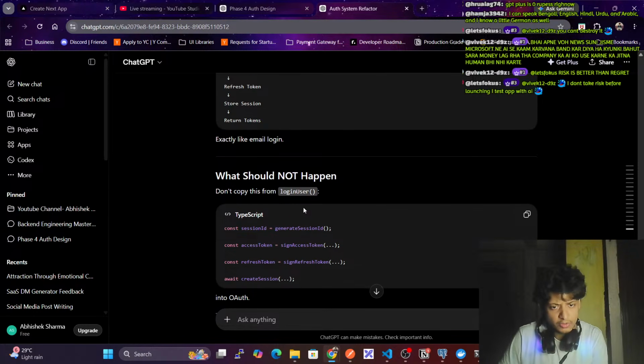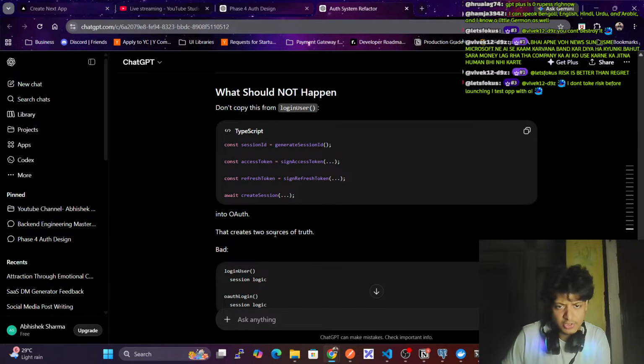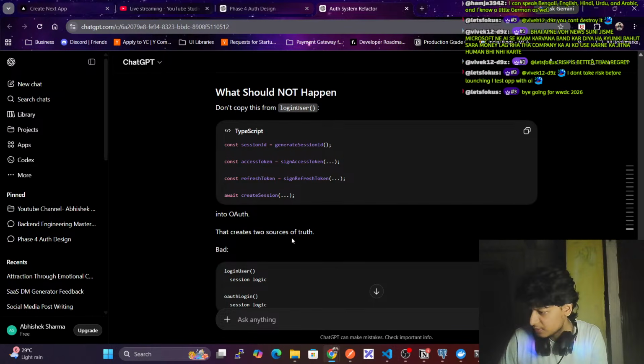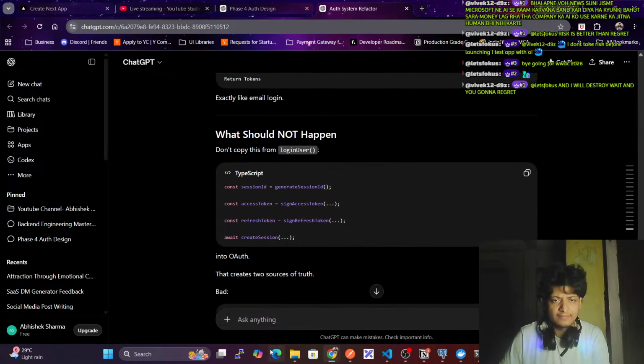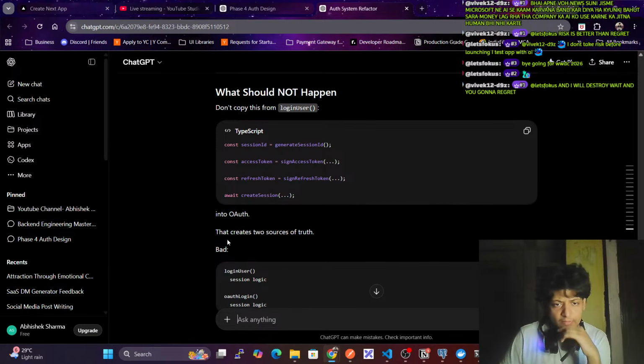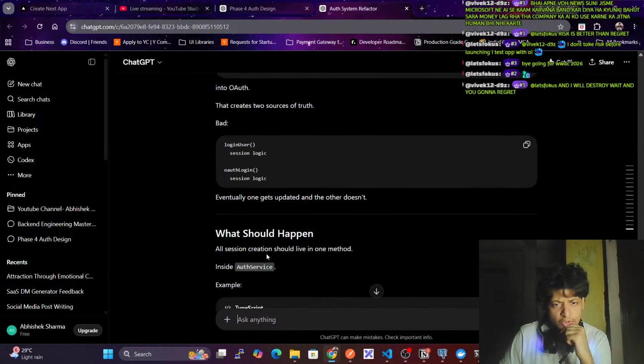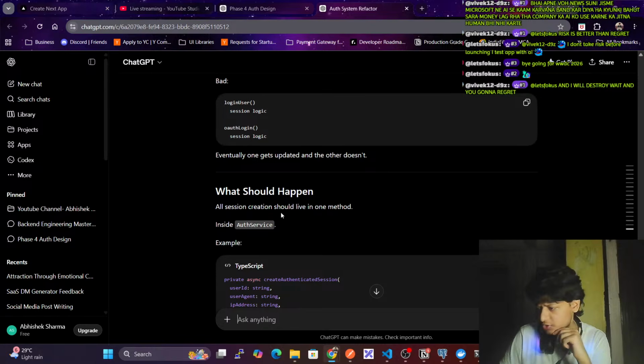Don't copy this from login user onto OAuth. That creates two sources of truth. Let's focus. Okay. We have this access token, refresh token, create session. Then we have create two sources of truth. What should happen? All session creation should